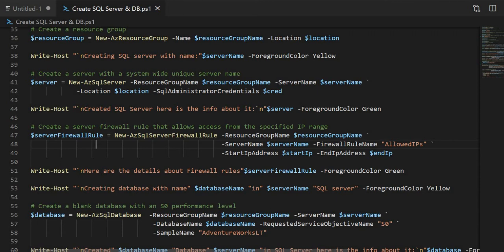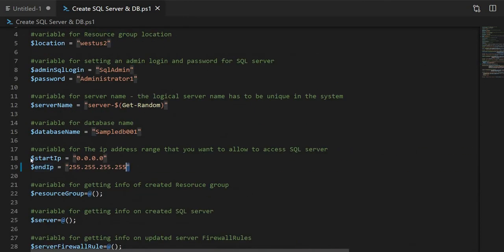the firewall rules for it. The SQL server is in fact the brain behind the database, which will say what kind of request has to come and how to store it, everything. To set up the firewall rules, the command we use is New-AzSqlServerFirewallRule. For that, the parameters we need are the resource group name and the server name. I'm saying the rule name is allowed IPs. Here I'm providing the start IP address and the end IP address. So I'm just allowing any connection.